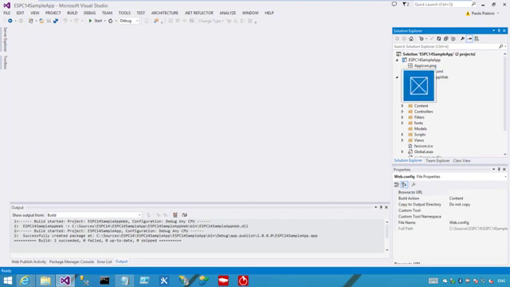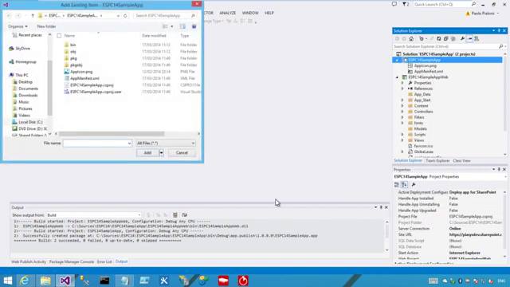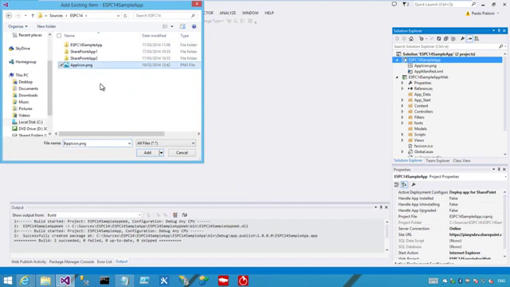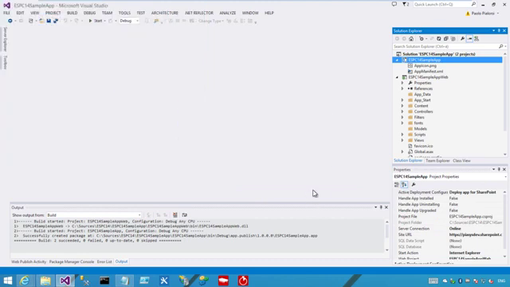And let me change the icon that I will use for this app. By default, the app icon is this one. Now let's say I want to use another one. So let me right-click the app project and let me add an existing item, which will be an app icon which I have already prepared for my app. I will overwrite the already existing one, and I will be ready to publish a new version of my app,